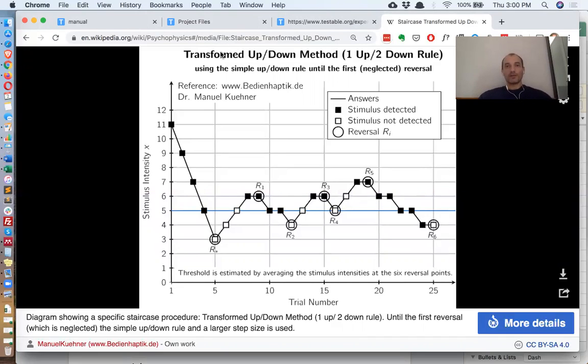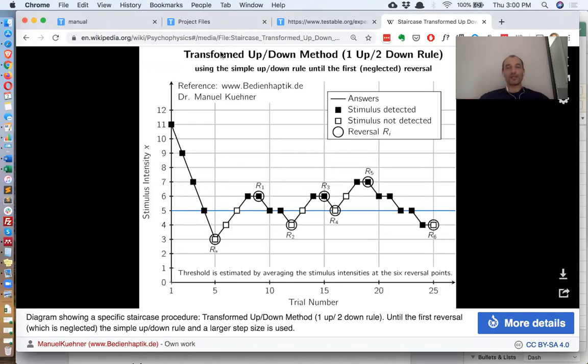Welcome to this seminar on staircases and how you can use the staircasing method in Testable. And we think it's pretty easy to do. So I don't think the seminar is gonna take half an hour to demonstrate that, because it's so easy to implement in Testable. First, a few words about the staircase procedure, this classic psychophysical method to get to a threshold,